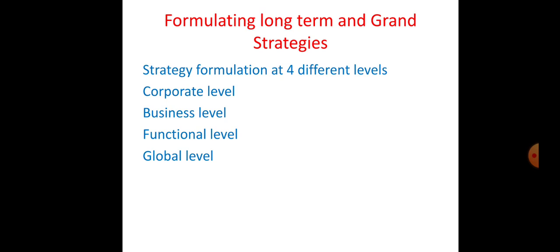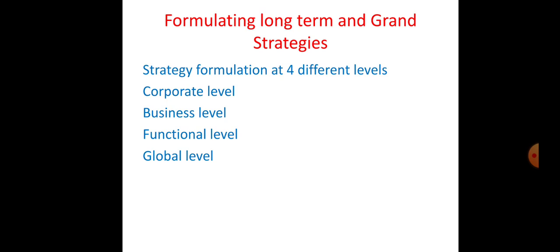So from here we will be starting the strategic management process. That is crafting a new strategy, then implementing that and evaluating that. Now let us discuss how to formulate a strategy. We all know that a strategy is a long-term objective, long-term goal, or a determination of long-term objectives by taking certain courses of action and by allocating the resources.